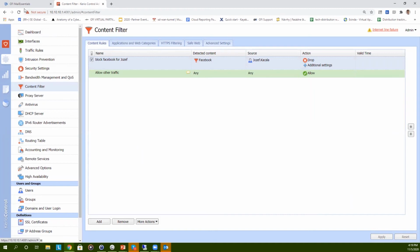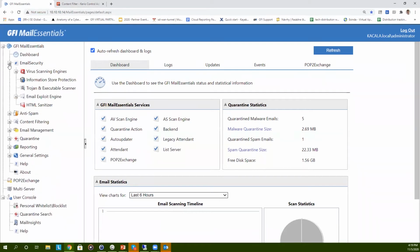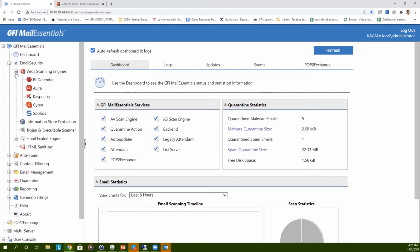Unlimited network security also includes advanced email threat protection with GFI Mail Essentials. In addition to web traffic antivirus capabilities, Unlimited network security protects email traffic as another source of threats entering the network. Because everyone typically has an email account in an organization, everyone is a potential target for attacks through email. It makes sense to have an advanced layer of security to guard email and ensure no viruses slip through to